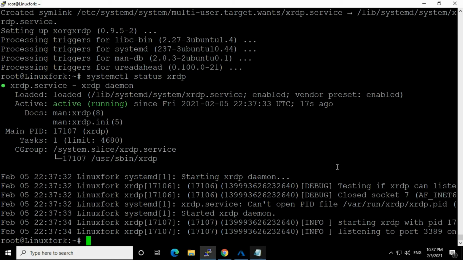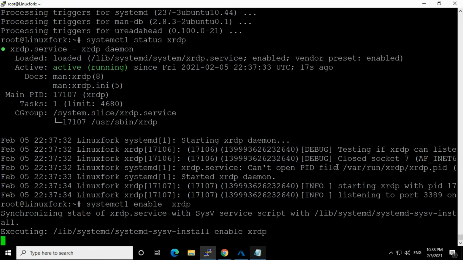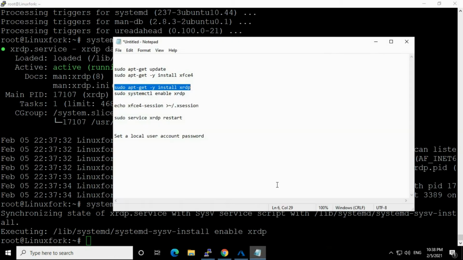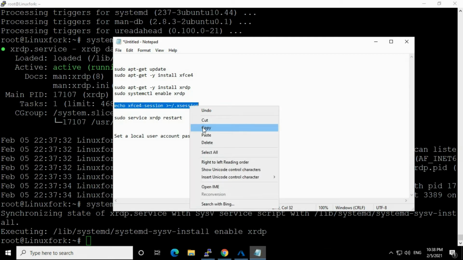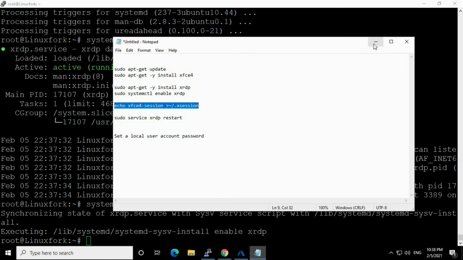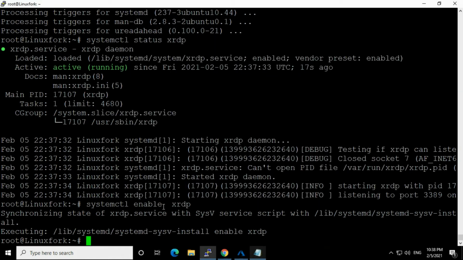Now we need to enable this, so it starts on boot. The next step: we have installed the GUI environment and the XRDP protocol, so now create a session for XRDP using XFCE4.